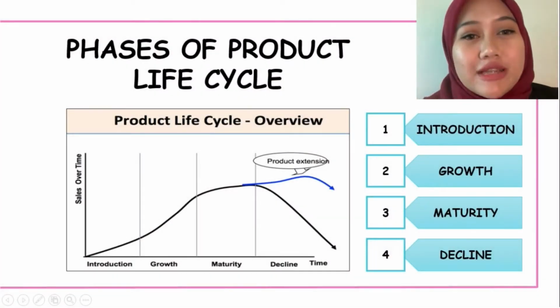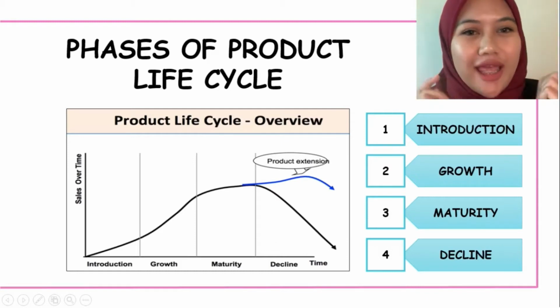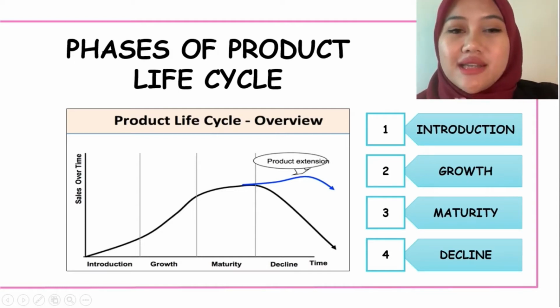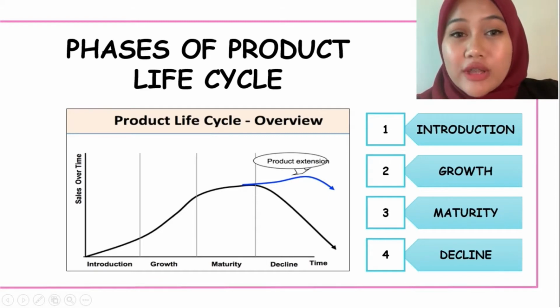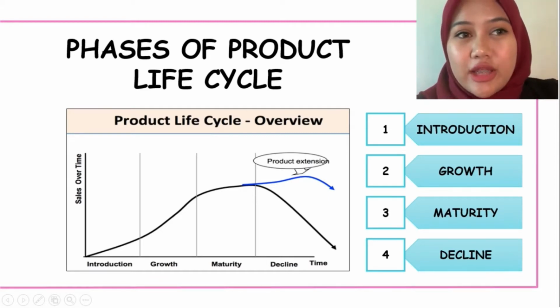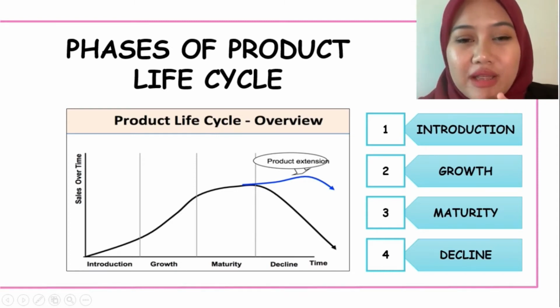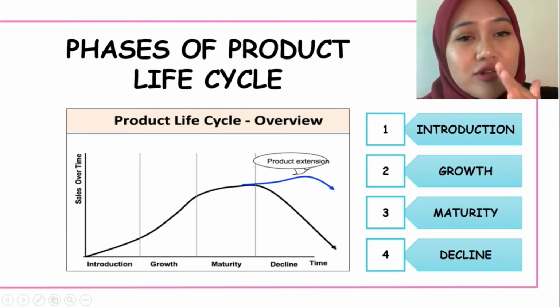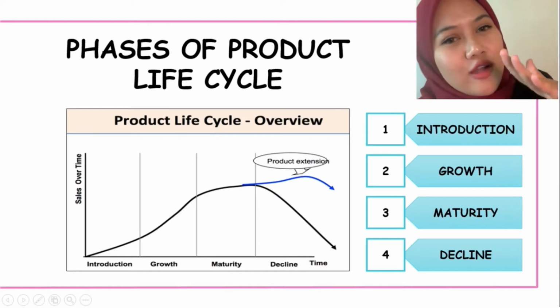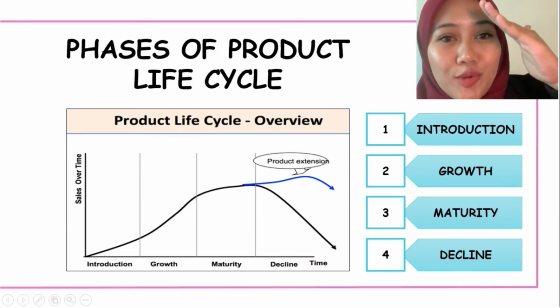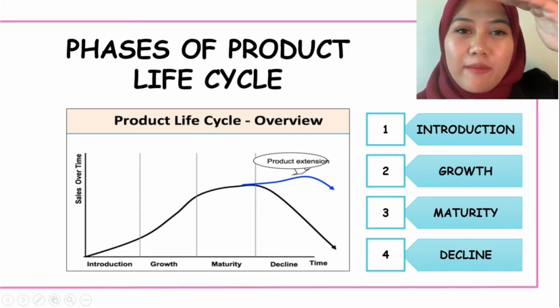The phases of product life cycle are broken into four stages: introduction, growth, maturity, and decline. As you can see, there is a graph showing sales over time during the phases. At the introduction phase, the sales of the product are quite low, because they have just started to introduce the product, and then it comes up. At the growth phase, sales consistently go up, and then at maturity